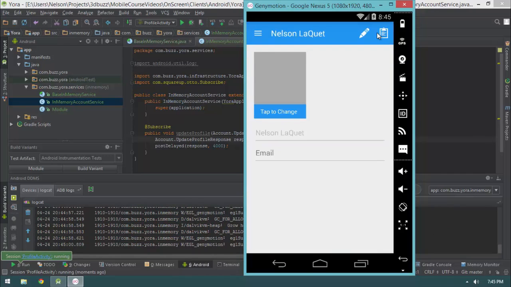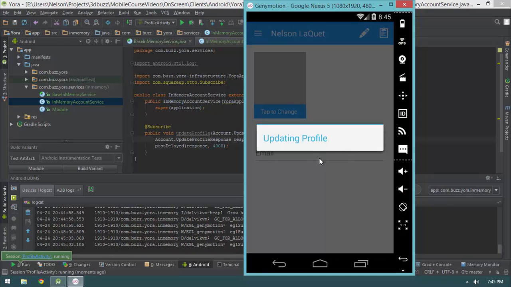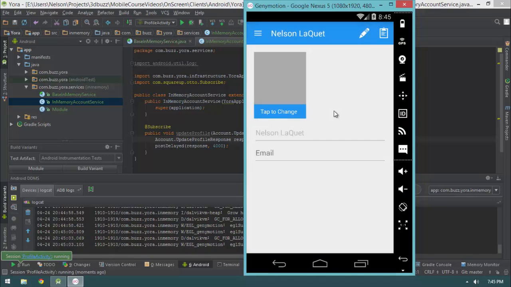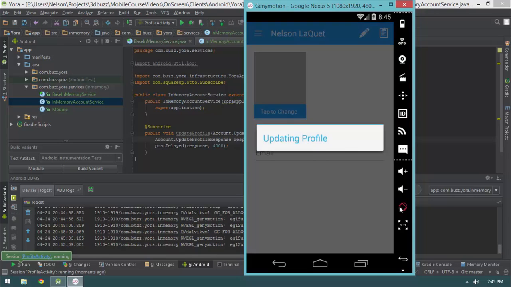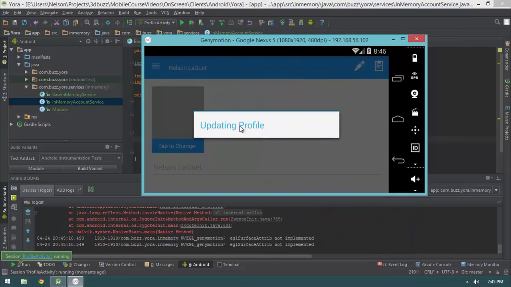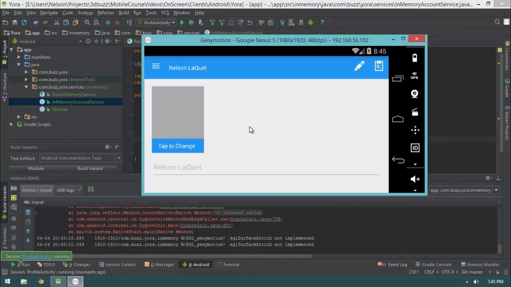So let's go ahead and hit OK, and then there's 4 seconds. Notice how it sits there for 4 seconds, and then it should go away. Let's do that, but this time immediately rotate. Notice how I rotate, it still says updating profile, but check that out. The progress bar goes away when the